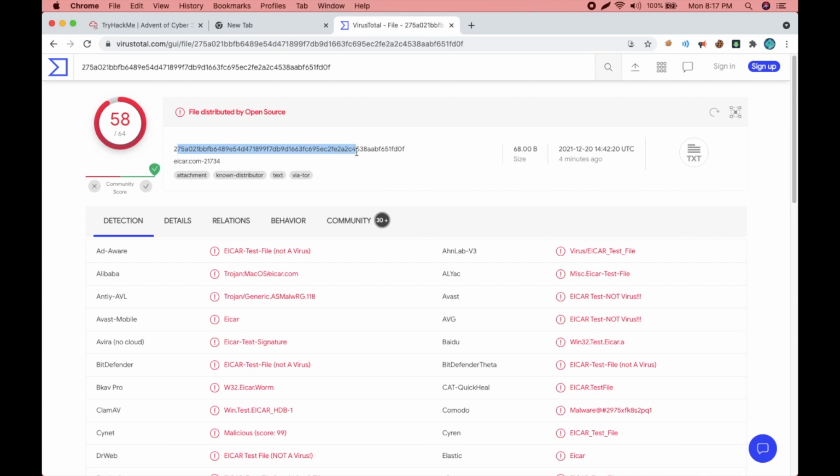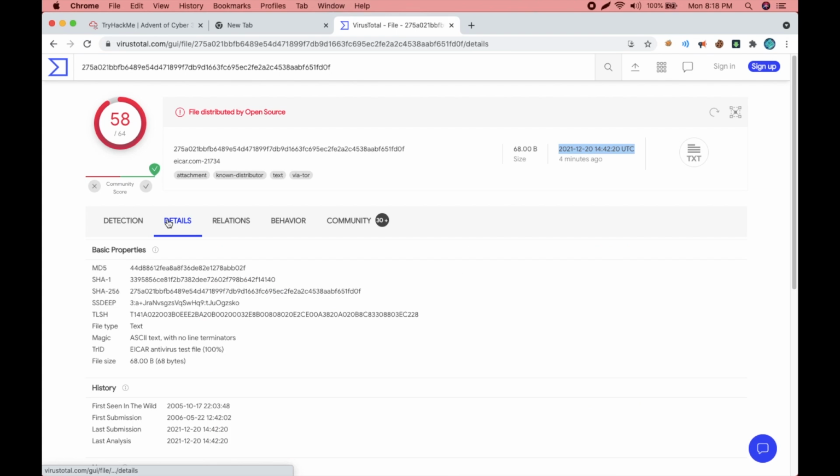Now let's discuss the structure of the VirusTotal page. So this is the hash we searched for. This is the date and time the information on the page was updated. This is the size usually assigned to the virus file. In this tab, these are various companies that give this file different names, like AVG Antivirus has given this file EICAR test not virus. Under the details tab, it tells you about basic properties. It also gives you the MD5 hash. So if we had searched via the MD5 hash, we also would have gotten the same page.